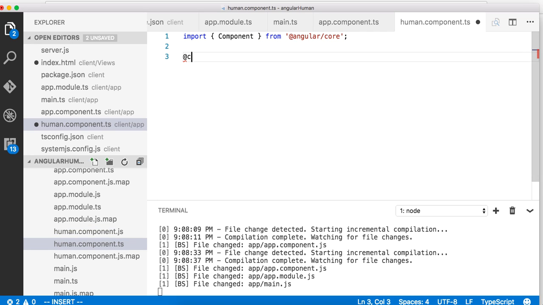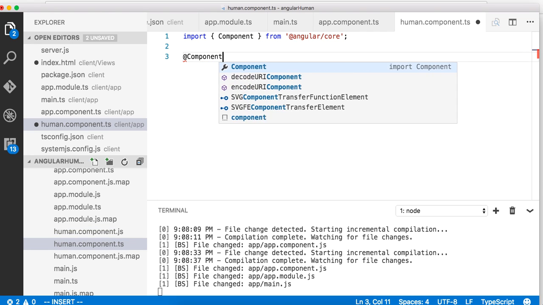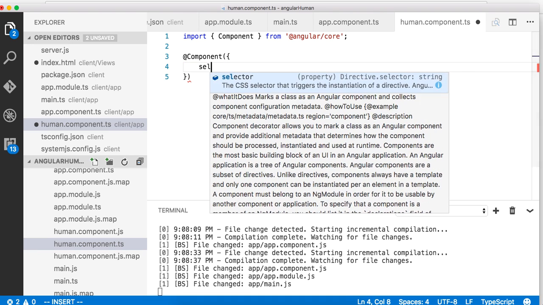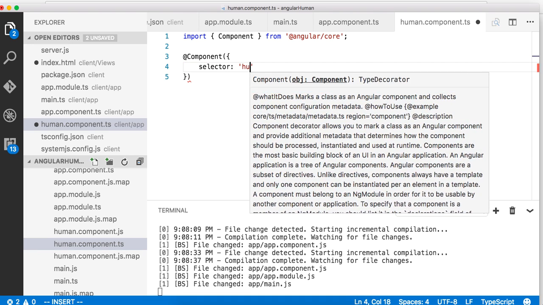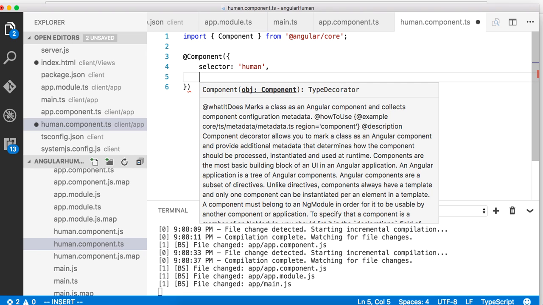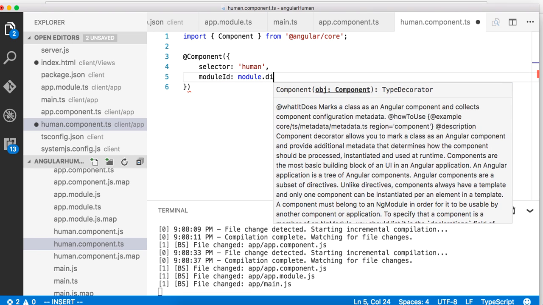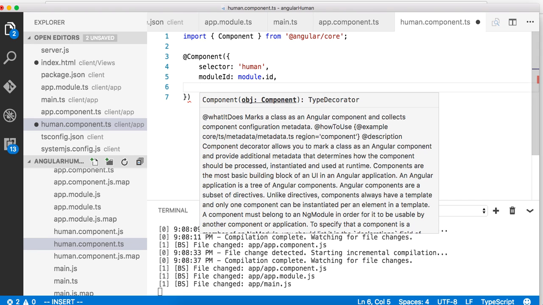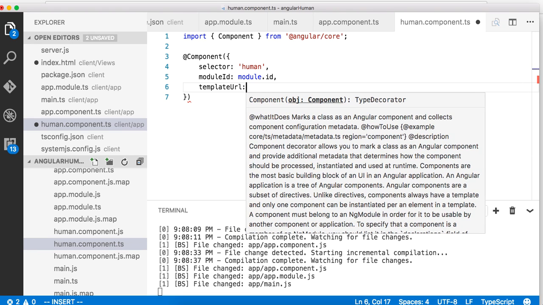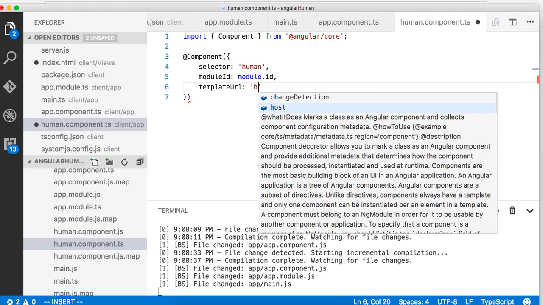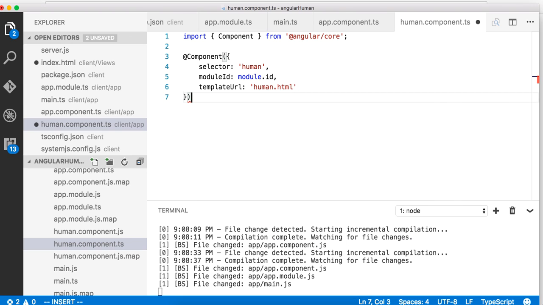We're going to decorate our component with the metadata, and we're going to say selector is human, and I'm going to give it a moduleId, module.id, which will allow us to reference it as a templateUrl. Okay, and I'm just going to say human.html, and then finally I'm going to export this class of HumanComponent,